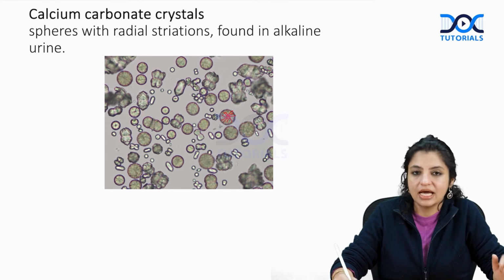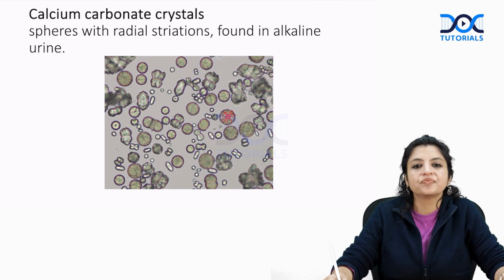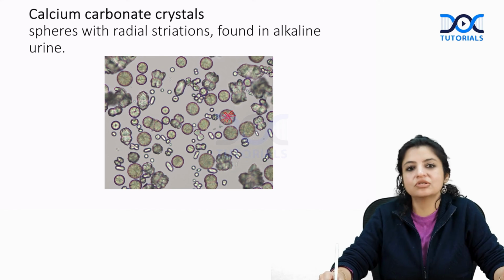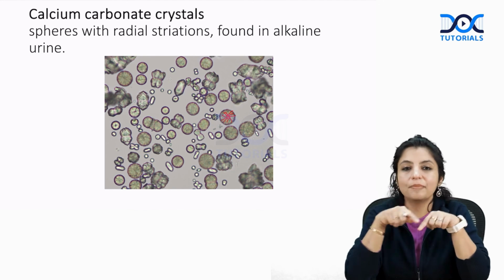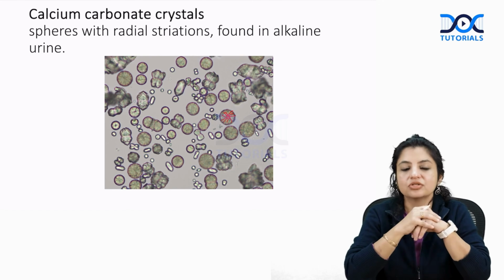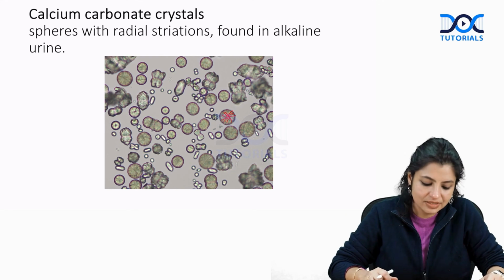If I'm saying acidic urine, you have to remember that calcium oxalate crystals are always like an envelope. They are a perfect square. That's what you have to remember. So they are envelope shaped crystals. Now once we are very clear with this,